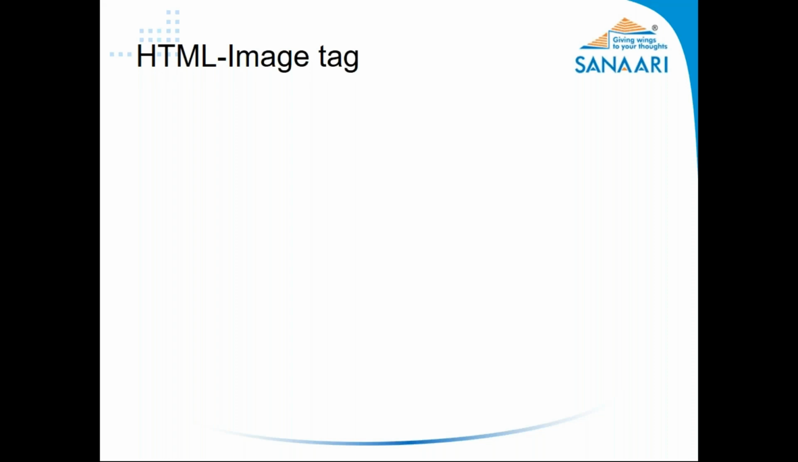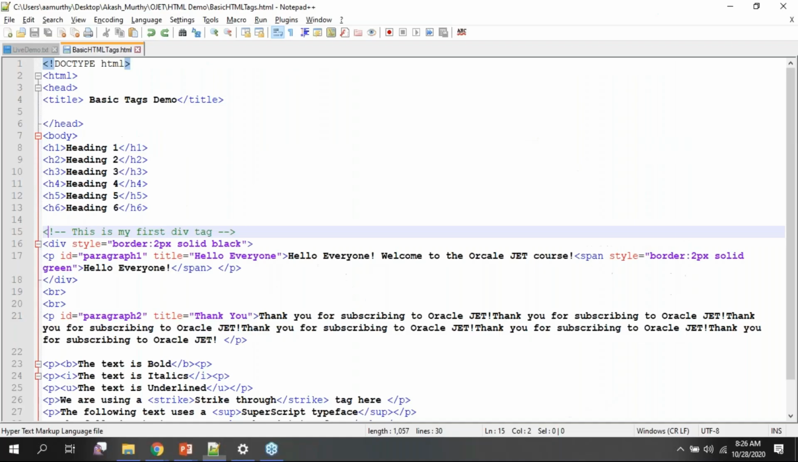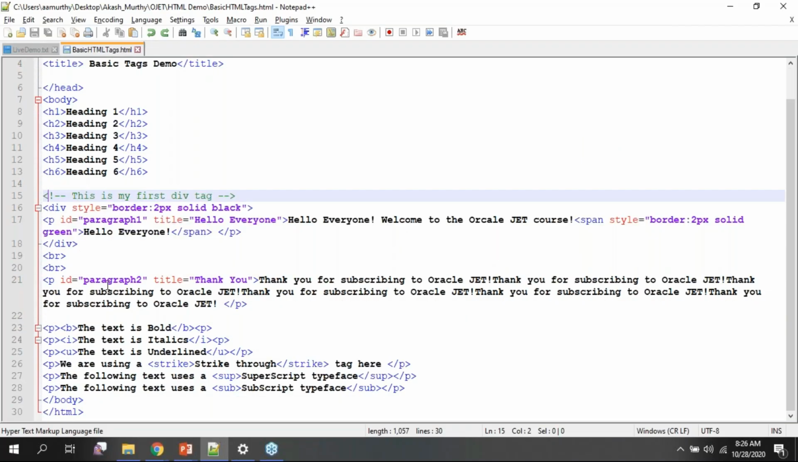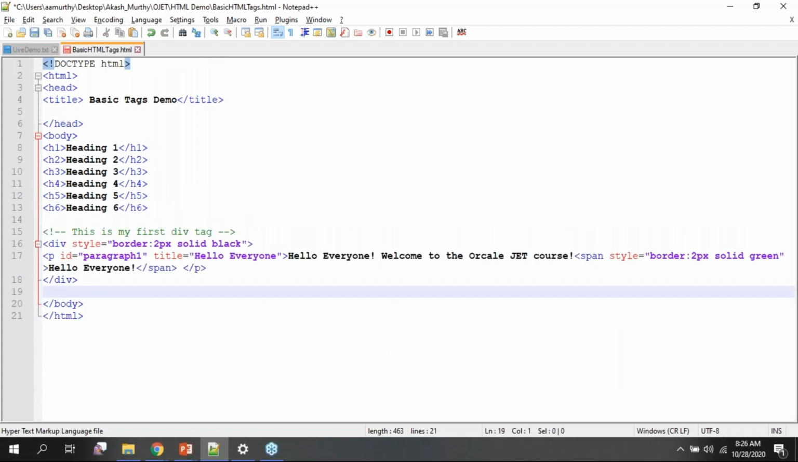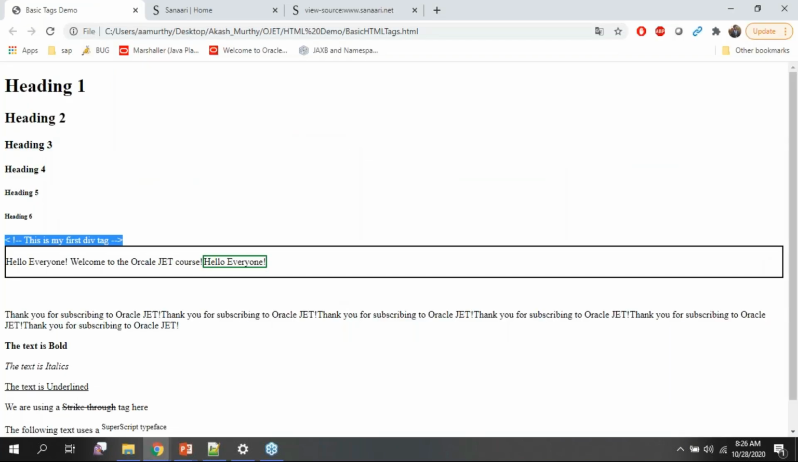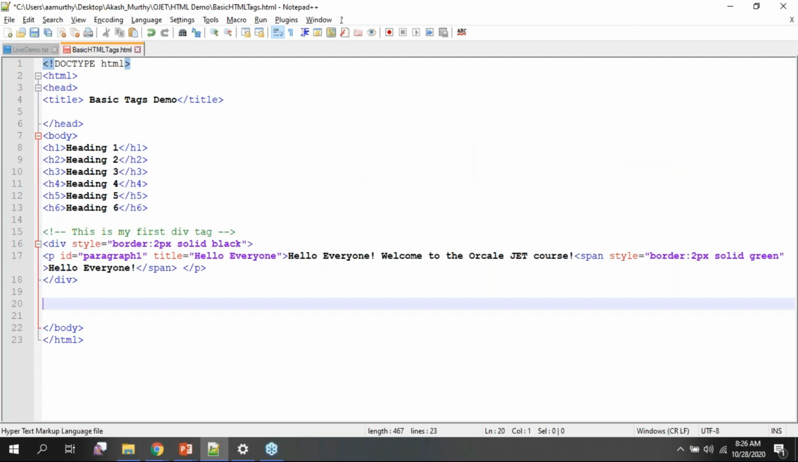Let me go to the HTML image tag. How do we insert images in HTML? Well, this is the syntax to do this. Let me try this here. Let me insert an image. Let me get rid of these things. Okay, yeah, let's save it and refresh. Yeah, okay, we have image